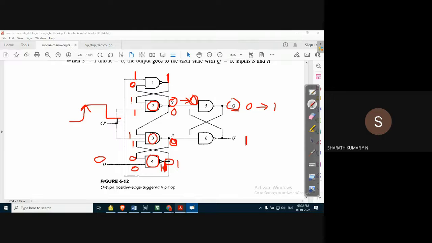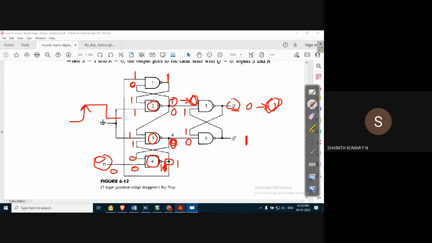Now what we understand here is, whatever input we applied to D should appear at Q. We applied 0, but the output is changing to 1, of course, because of the transition. When this is 1, observe this. When this is 1, this input is also 1, and because R is 0, that means this is 0. The output of this is 1, and 1 is applied here, 0 and 1, 0. The output of the Q flip flop is 1, correct, the output of the Q flip flop is 1.